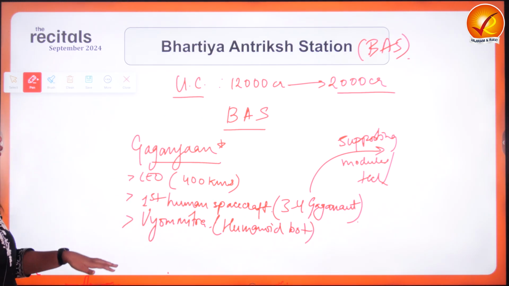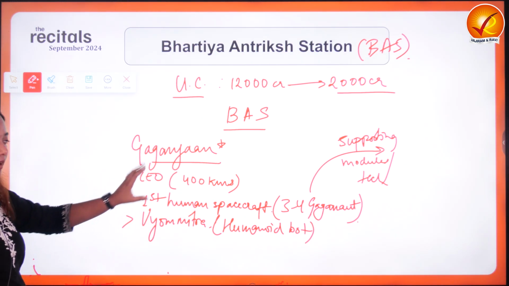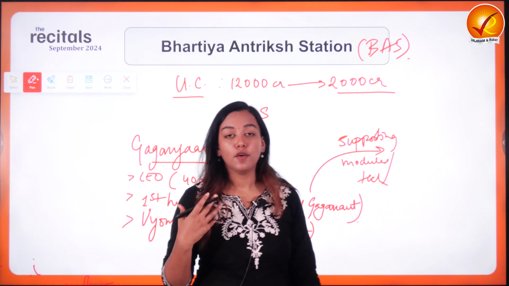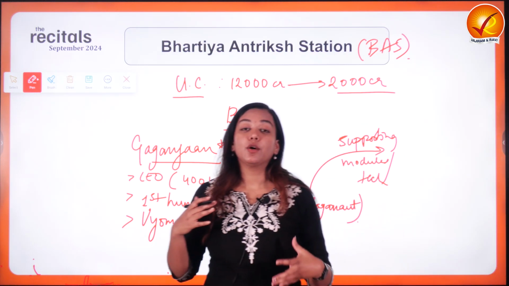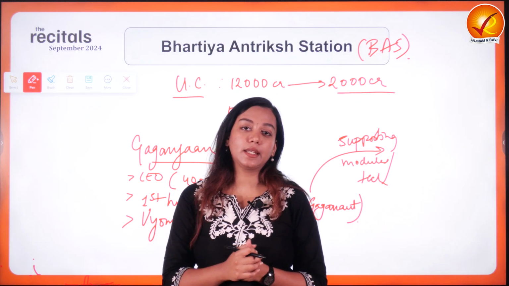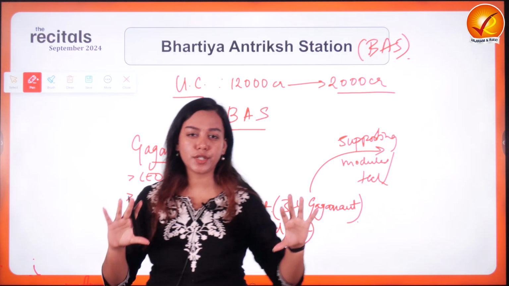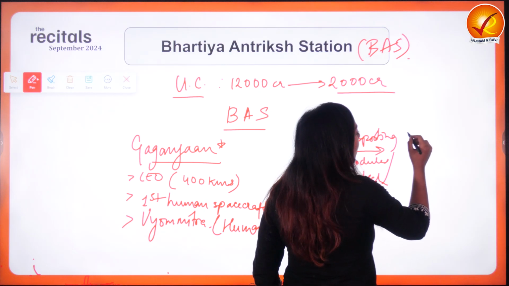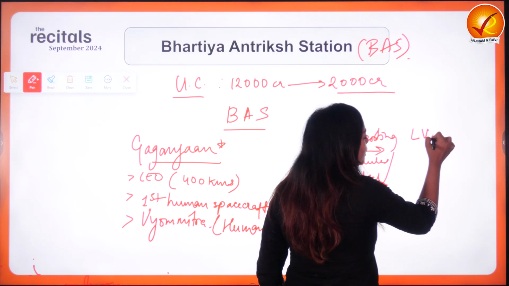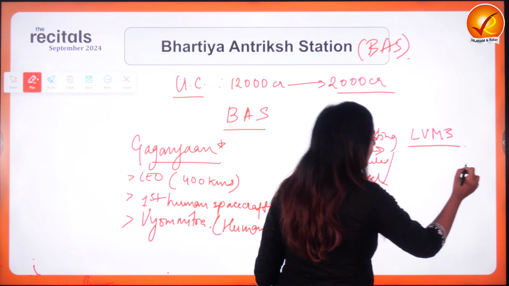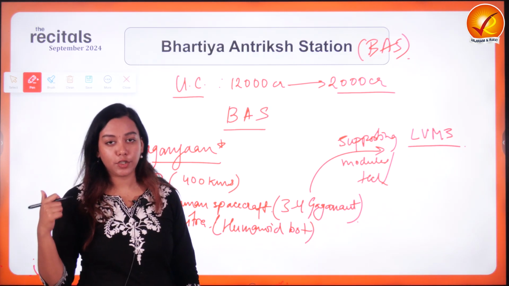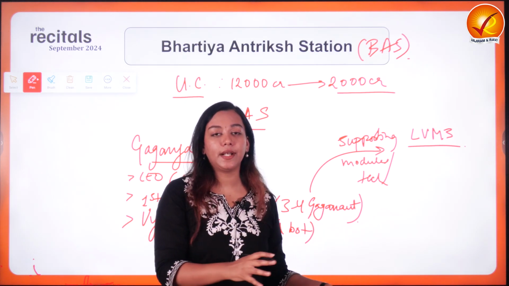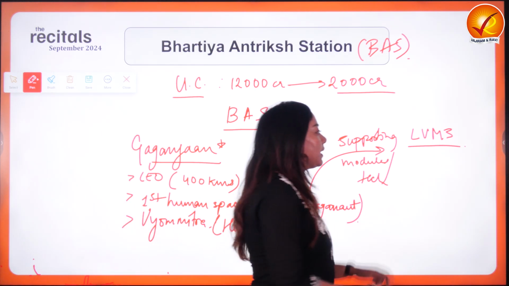Now, what were the modules in the existing Gaganyaan? First of all, was to create a spacecraft which is human friendly, which could be accommodative of the humans, could carry not just a human weight but also the infrastructure required to support their survival in the space. So, to create a human friendly launching vehicle, the name was LVM3. So the GSLV that we were using, GSLV Mark III, the heaviest lifter of ISRO, when it got human friendly as well, then it got to be named as LVM3.